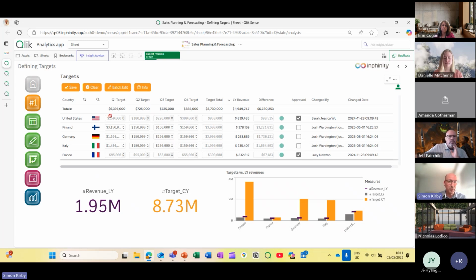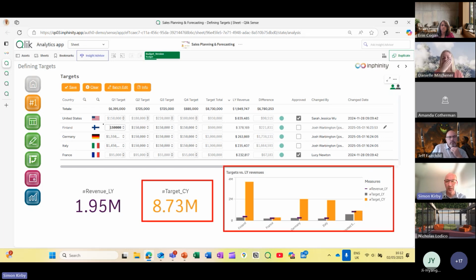What we've got here is the ability for each quarter to set a target by country. At the moment, we've got a number here for Finland for Q1, and that's quite large compared to Q2. We can see Q2 is 150,000, and for Q1 it's 3.1 million. So it might be an error. Let's make a change: we'll remove the 3 and hit the save button. When I hit the save button, just pay attention to the KPI and the orange bars, all right?